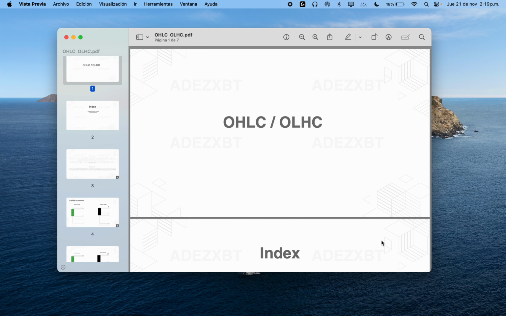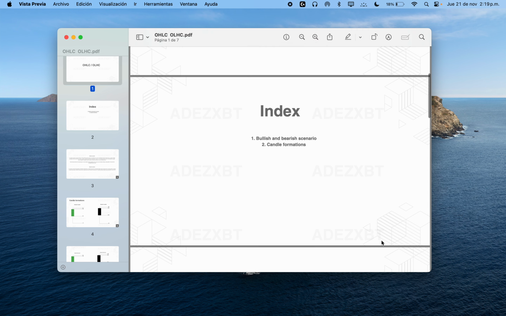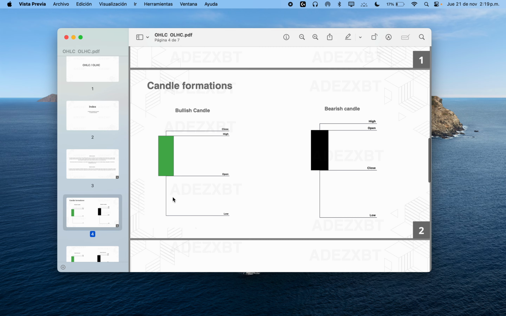This is going to be a lesson on open, high, low, and close, and open, low, high, and close. What this means, pretty much, is we're going to be studying how wicks are built from the open to the close, and the wicks that form between these levels. We are going to study how we can buy, for example, the wicks of a candle and sell the other side of the wick,